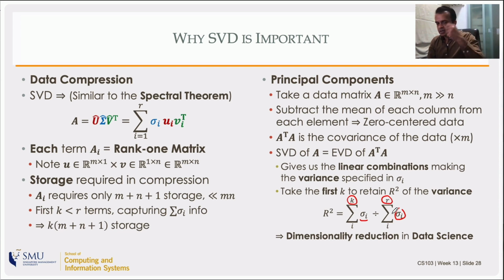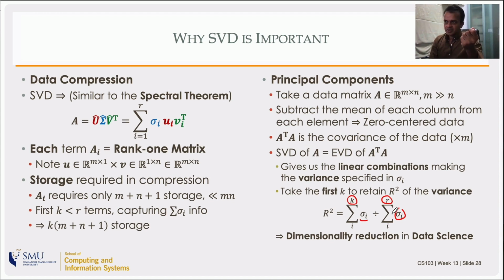That gives you an upper limit of what they call the coefficient of determination. If you remember from statistics, coefficient of determination R square is the fraction of the variance that your model explains in the data. So an upper limit of that is given by the SVD if you're doing dimensionality reduction or feature engineering. And that is a powerful technique that is used in almost all data science projects as the initial stage. So you don't want to deal with 100 features, you want to deal with only 15 linear combinations of them. Those are the engineered features, and that might be good enough, and that might actually be better because